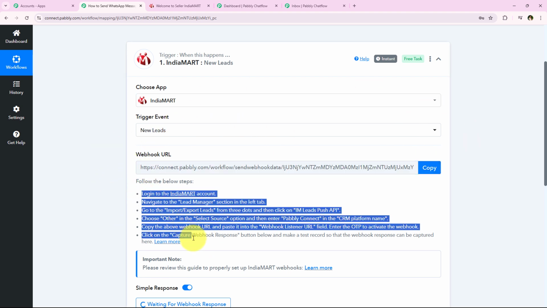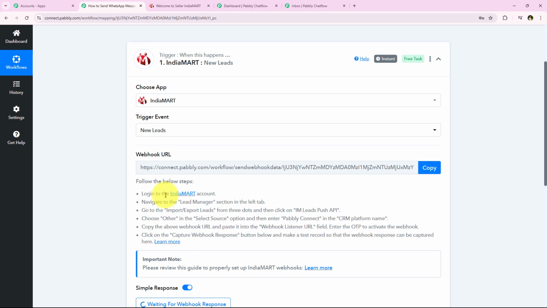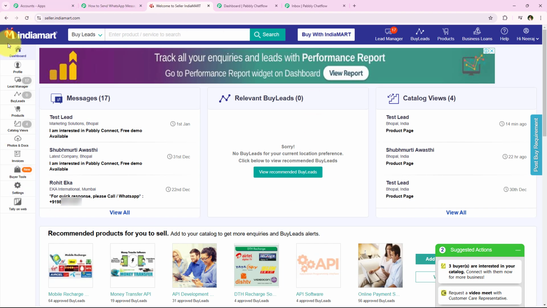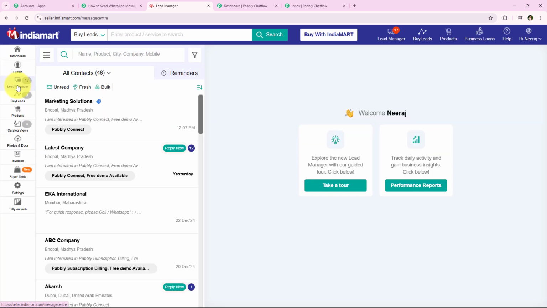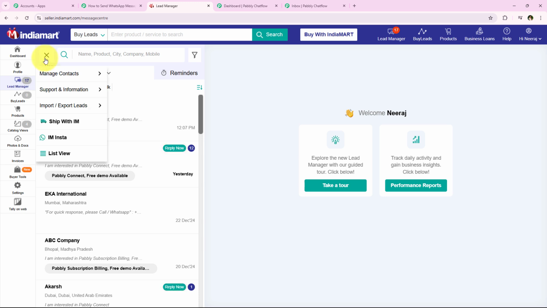and then we are going to follow this help text, and it is saying log into your IndiaMART account, navigate to the lead manager section in the left tab, go to import export leads from the three dots, and then click on I am leads push API. Okay, we are going to follow the same. I'm just going to open my IndiaMART account, and now from the left side of the bar we have to go towards the lead manager, and now after coming to the lead manager, we have to go towards the three dots which says menu, and then import export leads,